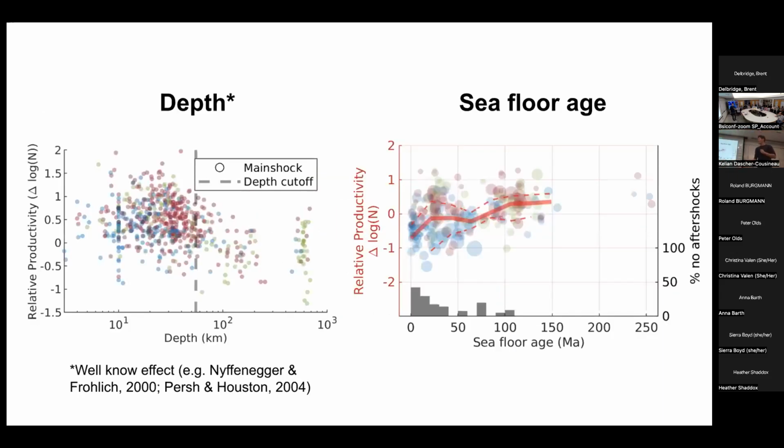But moving on, if we investigate this first order effect, this is the well-known effect of depth. We can see that particularly the really deep events, I'm talking 100 kilometers depth, or even approaching 1,000 kilometers depth, are markedly less productive. There's speculation in the literature as to why that is, but it doesn't seem to be related to a detection issue. It really seems to be a real feature of very deep earthquakes. So for a lot of the remainder of the analysis, I'm going to be focusing on the shallower events, shallower than 55 kilometers.